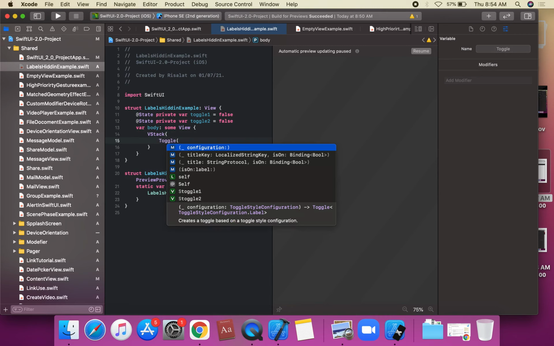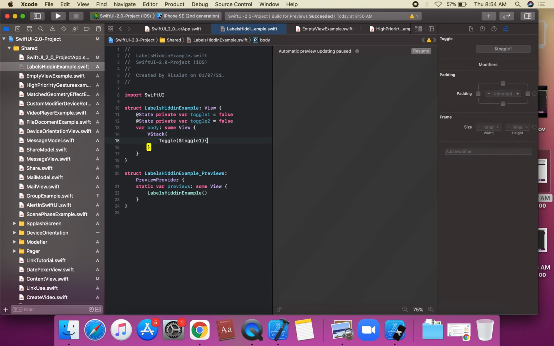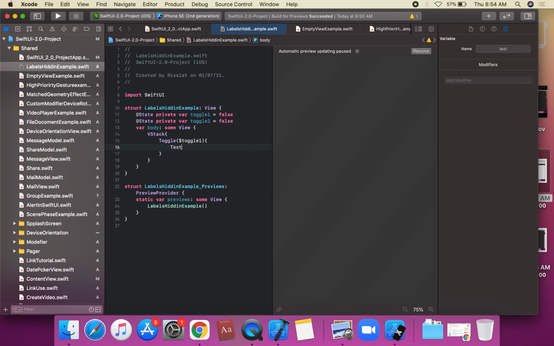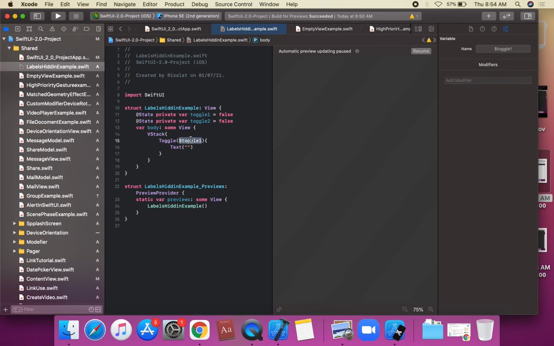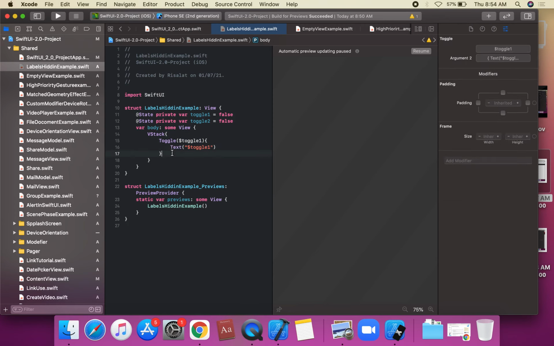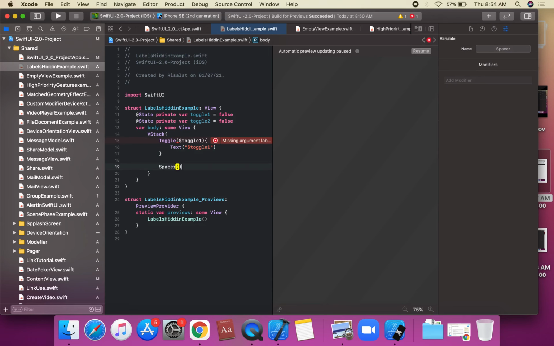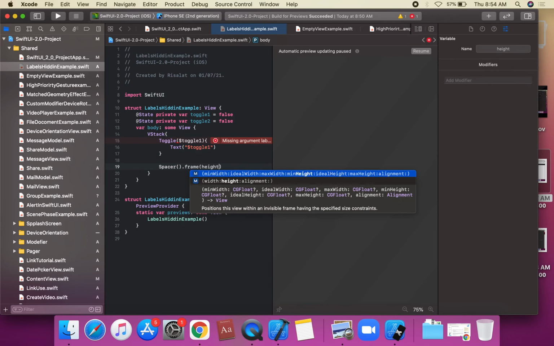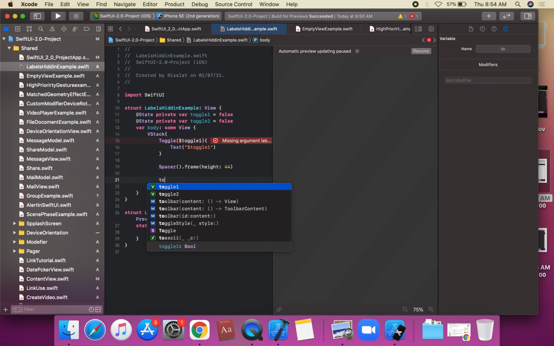We can bind this property with $toggle1. We create a Text in the closure, which is toggle 1, and then another view, a Spacer. We add Spacer dot frame and apply a height, suppose 42.